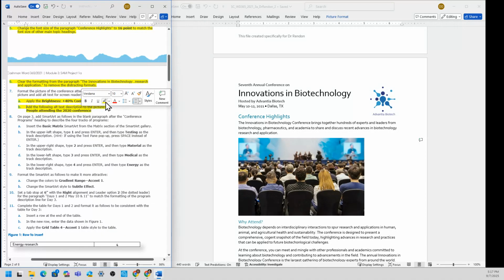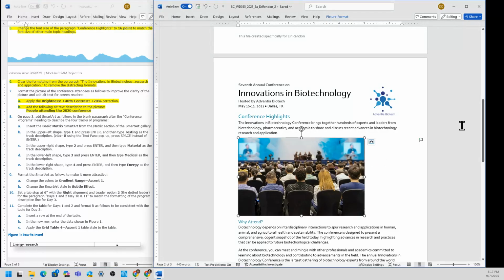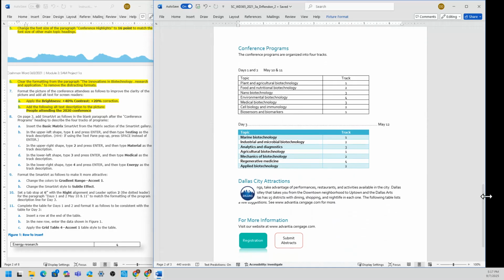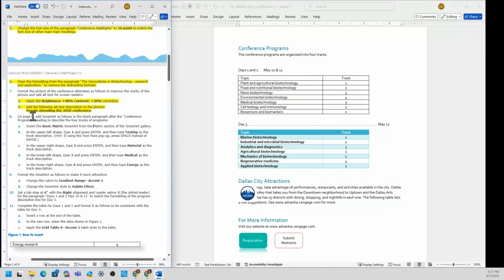Okay, here. Now on page 3, I might as well go to page 3 here. I know that this is page 3. Let's see here. This is page 3 here, so 3 of 3. Okay, on page 3, add smart art as follows in the blank paragraph after the conference program.